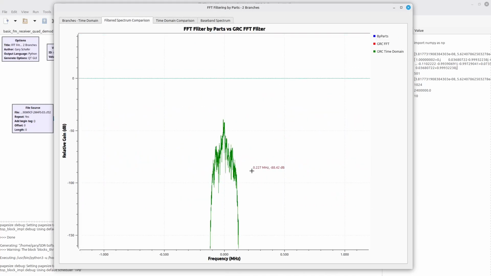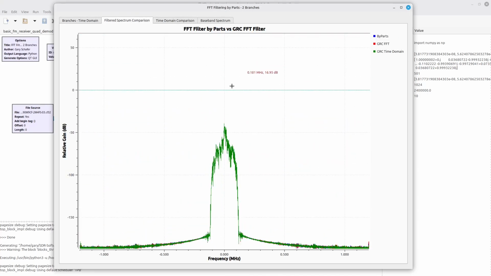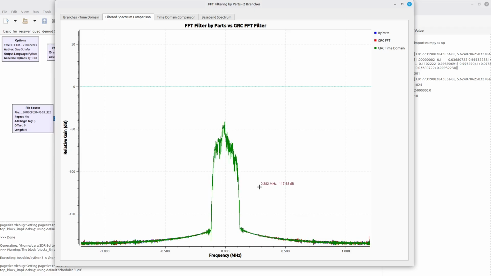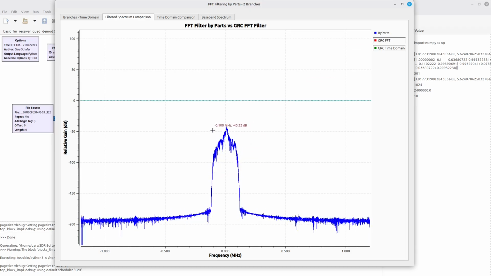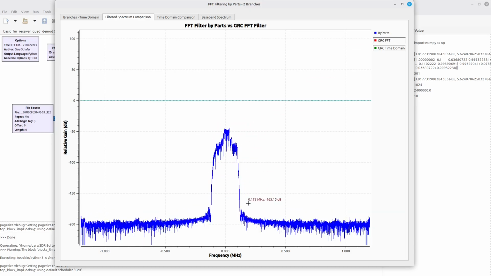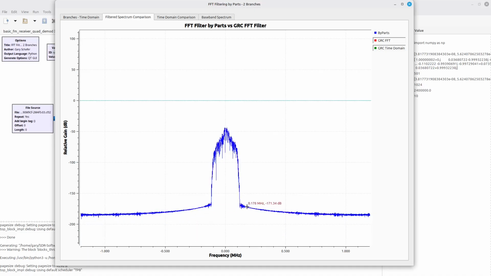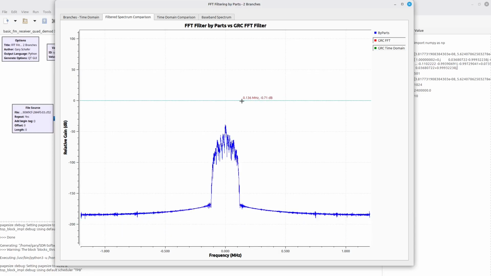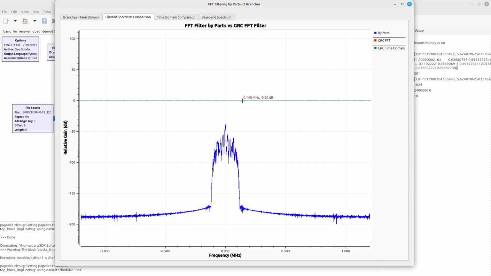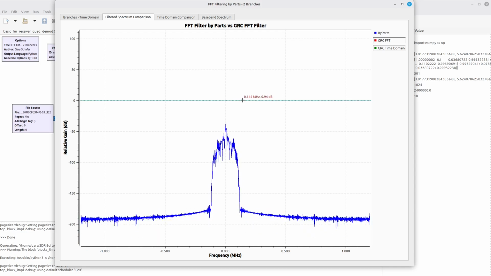Here is the spectrum comparison between the different ones. You're looking at the one that I created using branch A, branch B, and adding everything together. That's this one. And notice that it has a nice, good transition width. The stop band is really low. The reason being is that the specific window I used on this one was a Blackman Harris, which has 92 dB of stop band loss. I mean, it's a humongous amount.